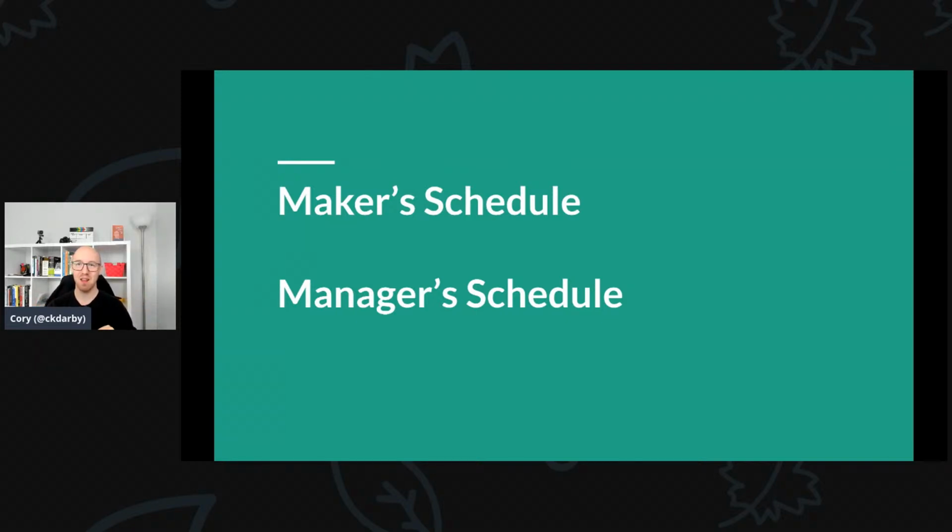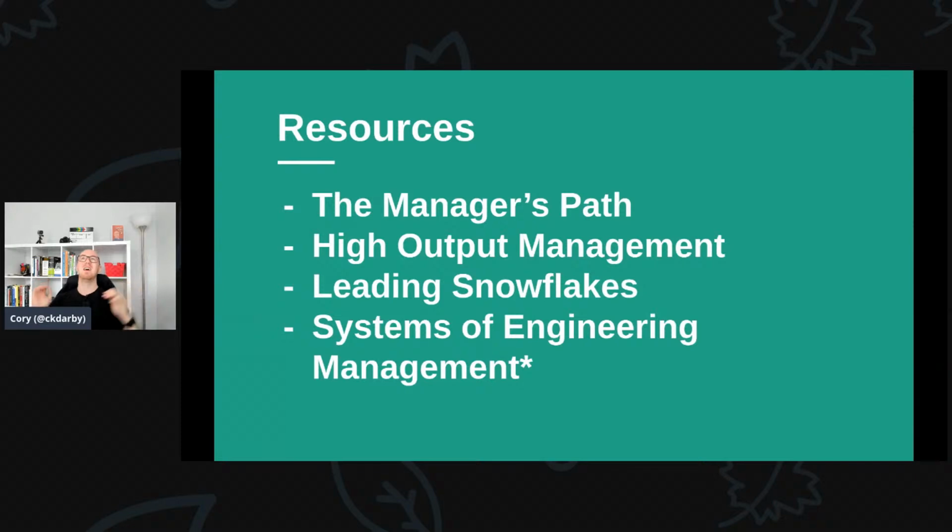So, with that said, we can't get crazy into the weeds on this topic. There's so much. These are the resources that I will recommend. The Manager's Path is a great book, I think, especially on the soft skills and behavioral stuff. Radical Candor is another one, the book I was trying to remember this morning, which I couldn't remember until we started talking about it. High Output Management from Andrew Grove, or Andy Grove,